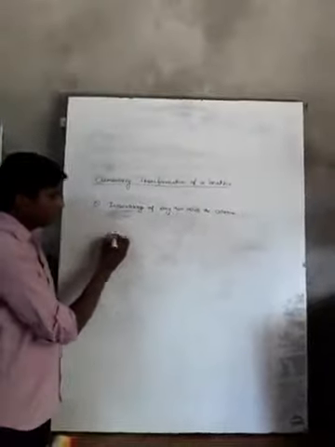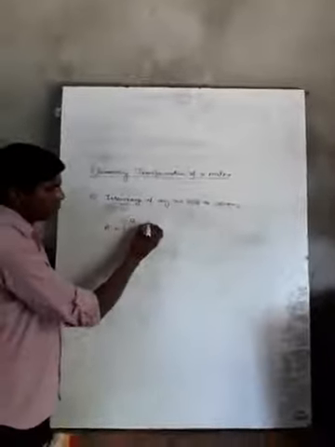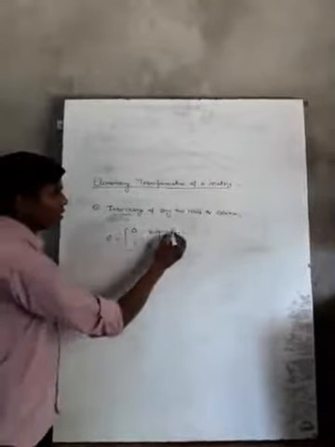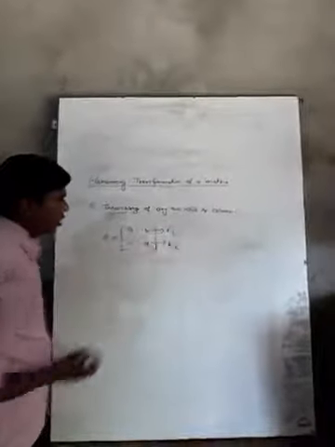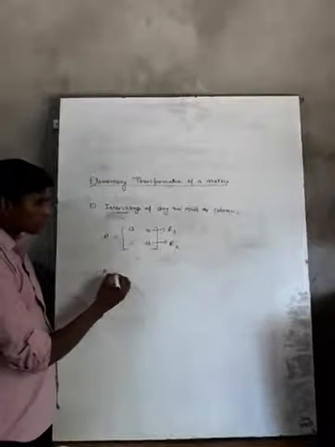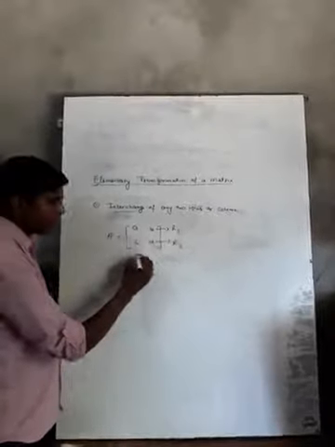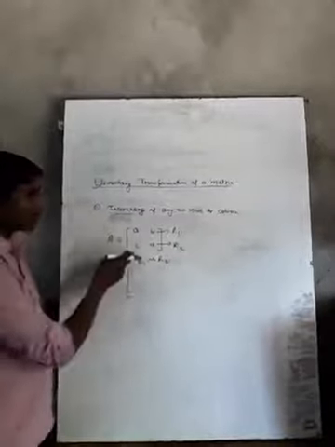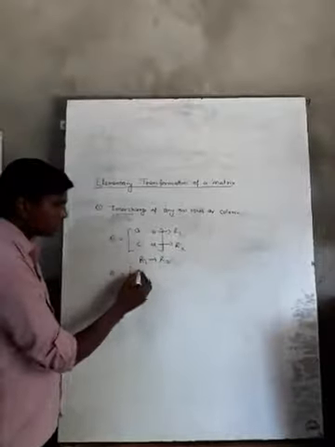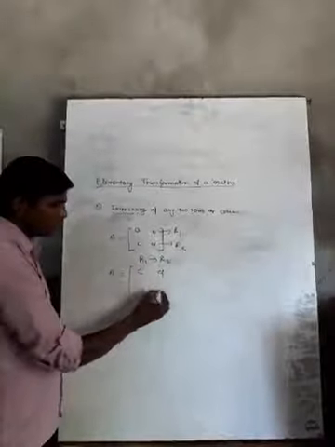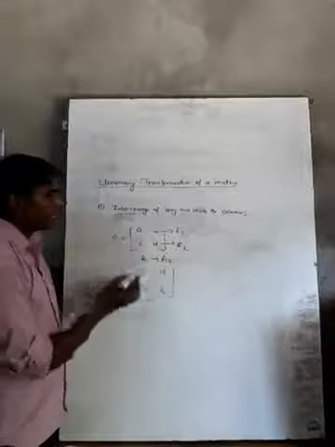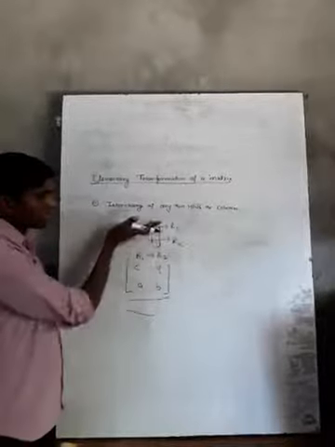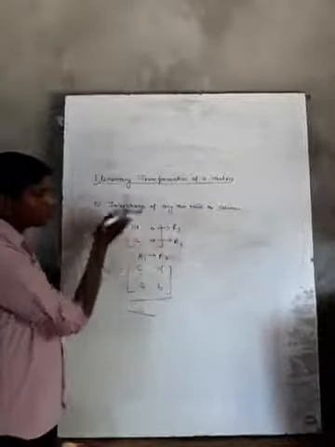Let any matrix A be given here as A, B, C, D. This is row 1, this is row 2. This matrix can also be written by changing R1 to R2. At the place of R1 we write R2, so it can be written as C, D, then A, B. So here we can say that two rows R1 and R2 are interchanged. R1 will be written as R2 and R2 will be written as R1.